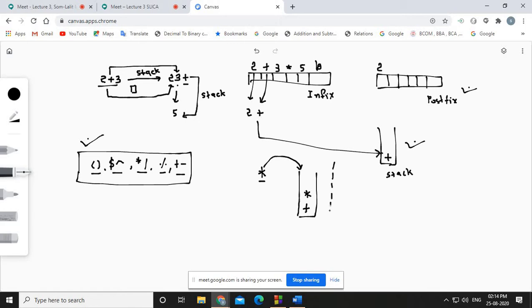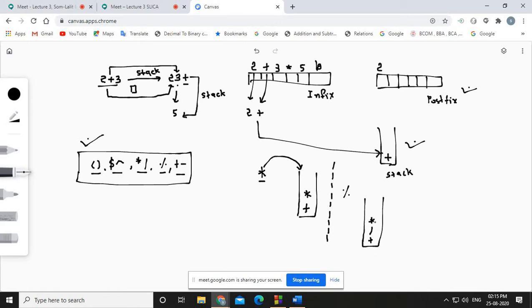Acha, suppose it is different from this, for example like this. Let us say we have a multiplication, we have a division, and then we have a plus. And suppose a modulo is coming, then what do we need to do?